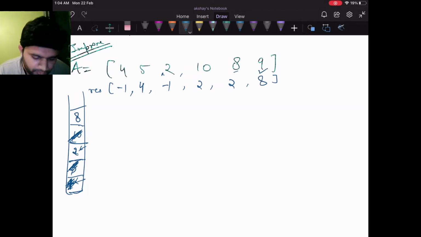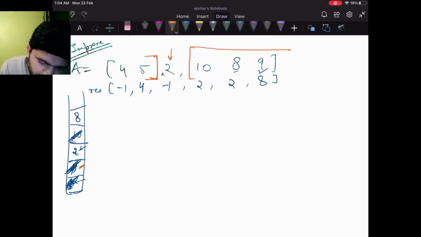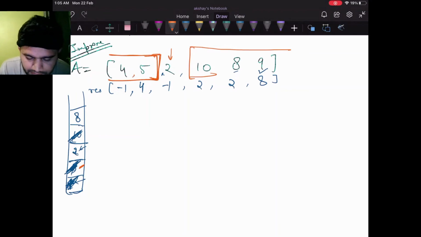So what leads to removing these elements? If I have something like 2 here, which is already smaller than these two variables, which is already smaller than my peak, which was 5 at this time, then for these variables, these are actually useless, because I have found something which is smaller than these.